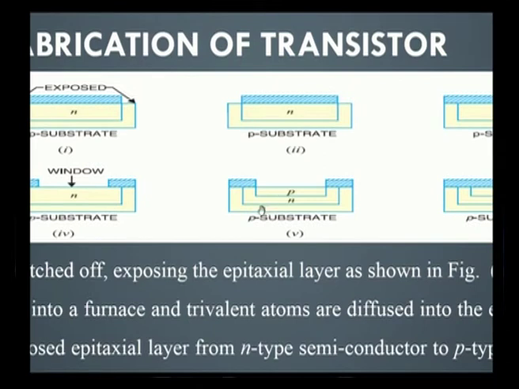Now we are going to get a p-type material. On the windowed position we need to diffuse the pentavalent material, so that the n-type material will be converted into p-type. The deposition of p-type material can be achieved by diffusing the atom on the n-type, so we can achieve p-type material fabrication over n-type.